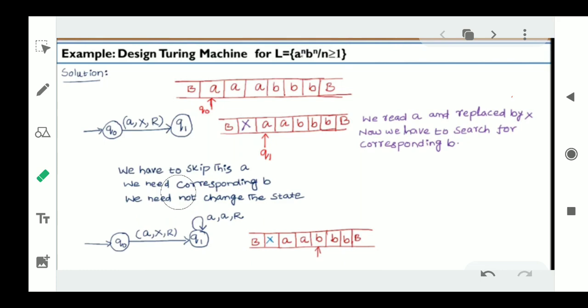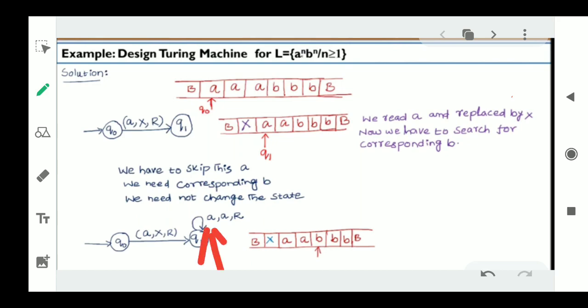See, you also understand this graphical notation, this Turing machine graphical notation. So what is this? Whenever you see the first A, we replace that with capital X and move in the right direction. And from there onwards, if you get any number of A's, we will simply replace that with the small a itself, and we move to the right direction.